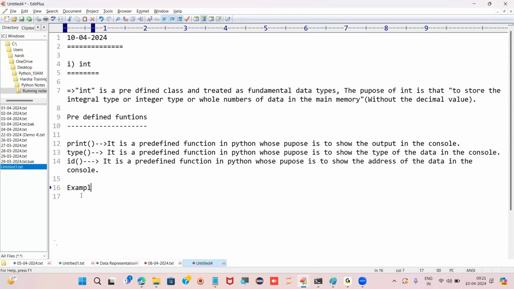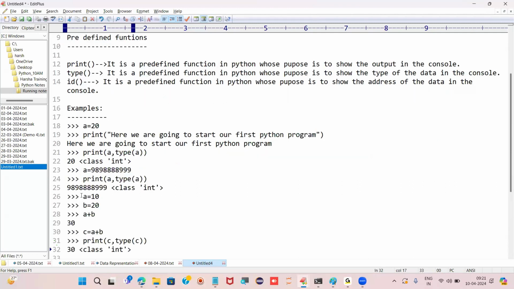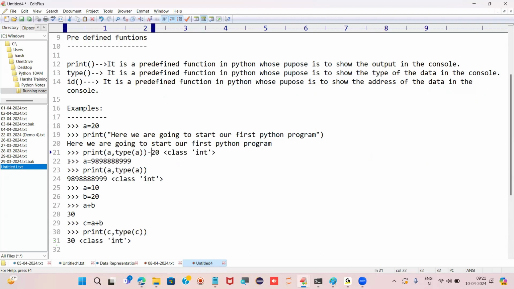Apart from this, we also have a few functions for typecasting, right? What is typecasting? Later on, we'll see what typecasting is. But we also have